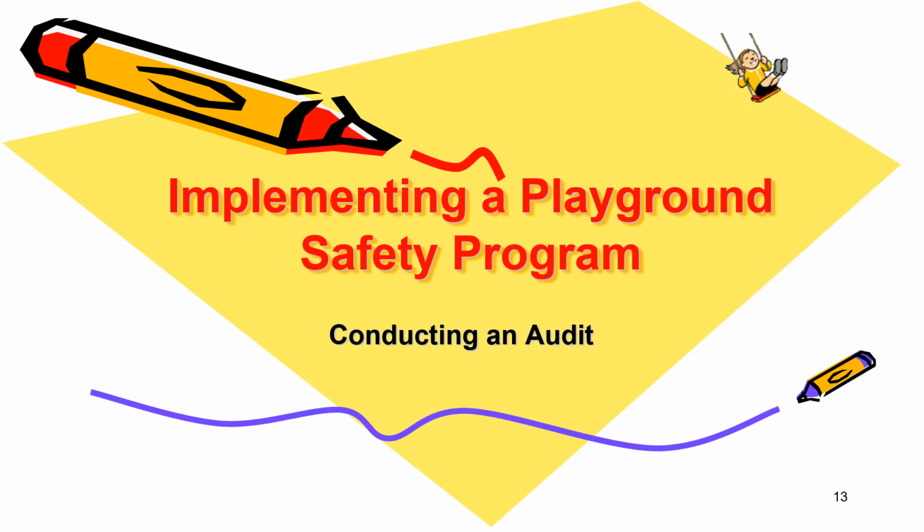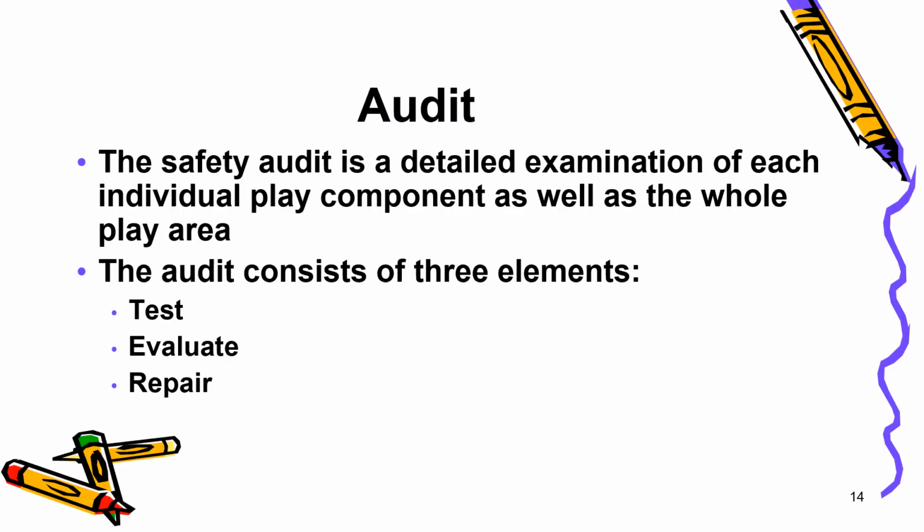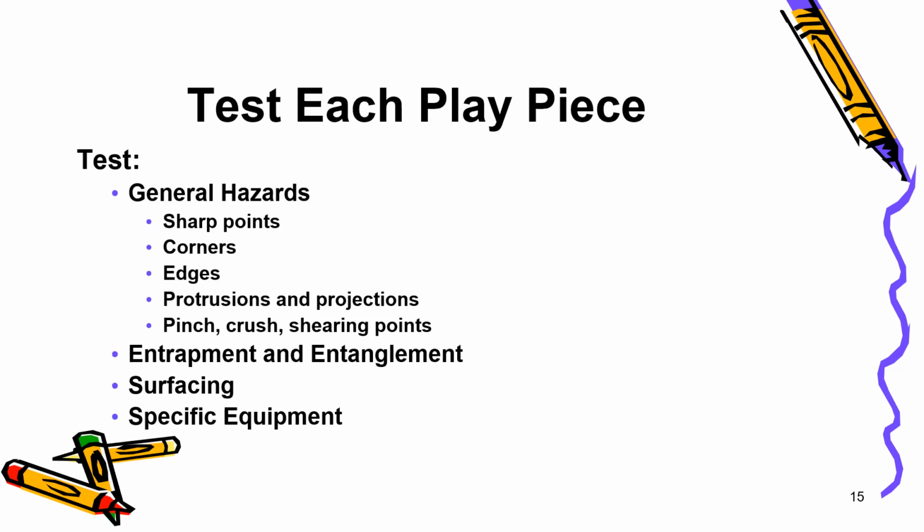The second step in implementing a safety program is the audit. The safety audit is a detailed examination of each individual play component as well as the whole play area. The audit consists of 3 elements: test, evaluate, and repair. Using your probes, gauges, hands, and eyes, examine each piece of the equipment for general hazards, entrapment hazards, and entanglement